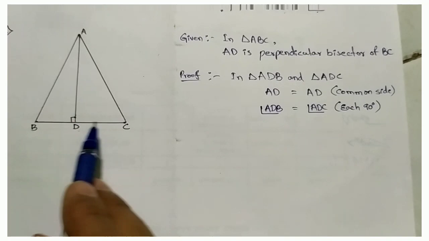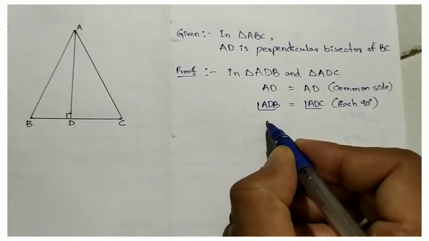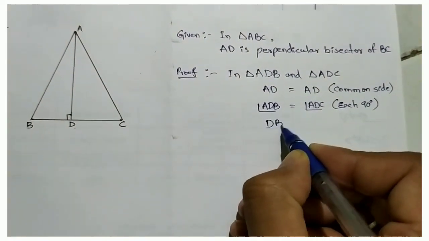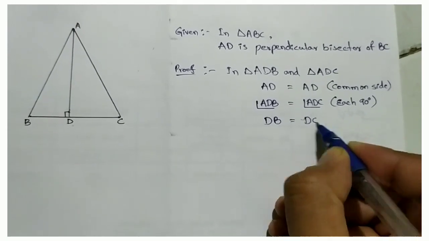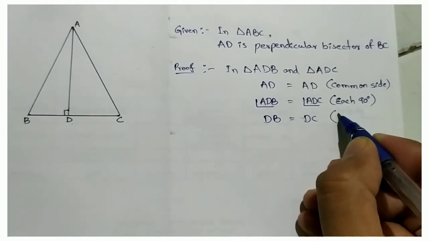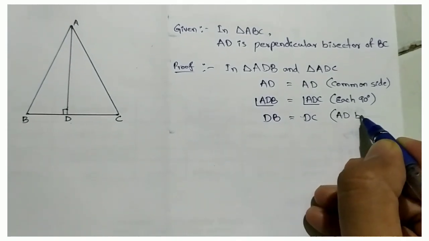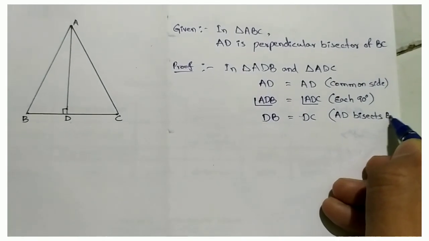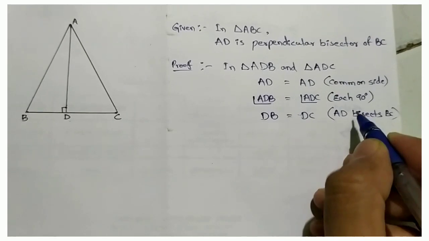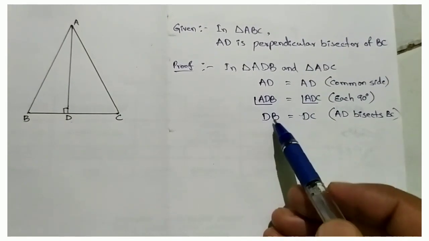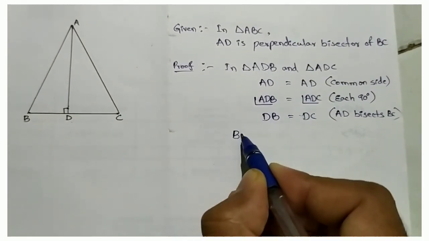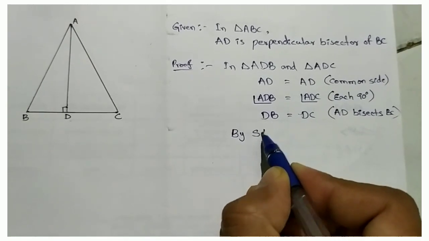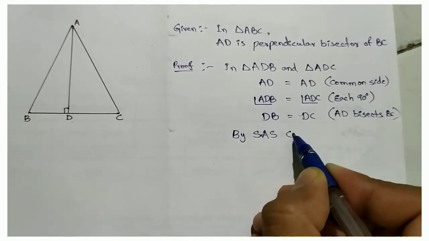Bisecting means equal parts. BD or DB equal to DC. So AD bisects BC. Okay. So side angle side, by SAS congruence rule,